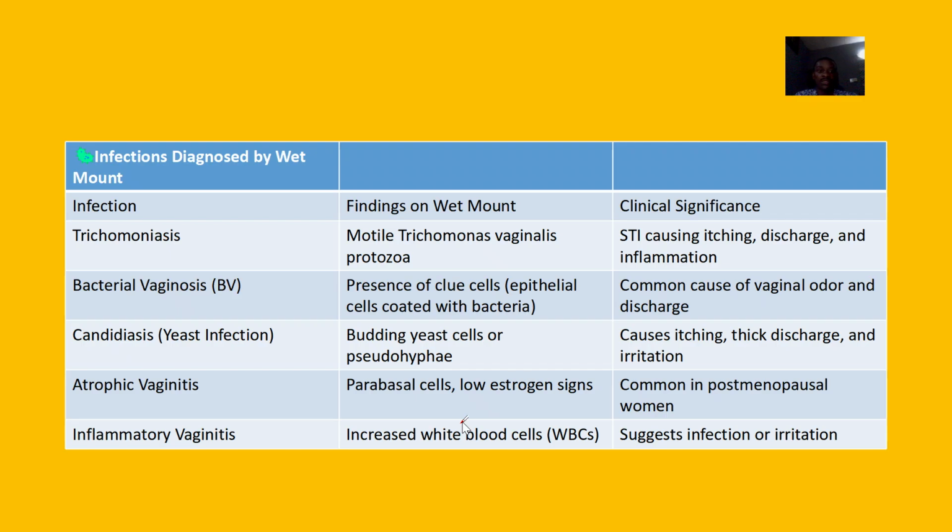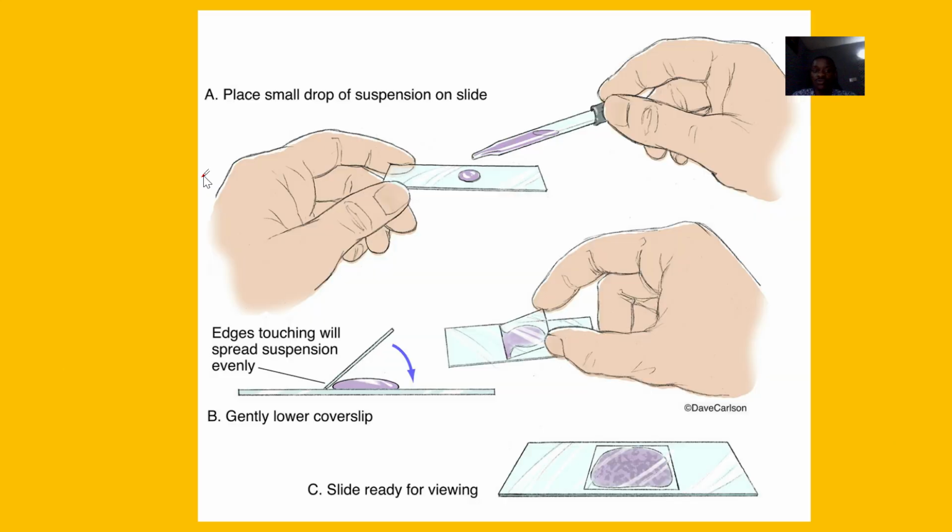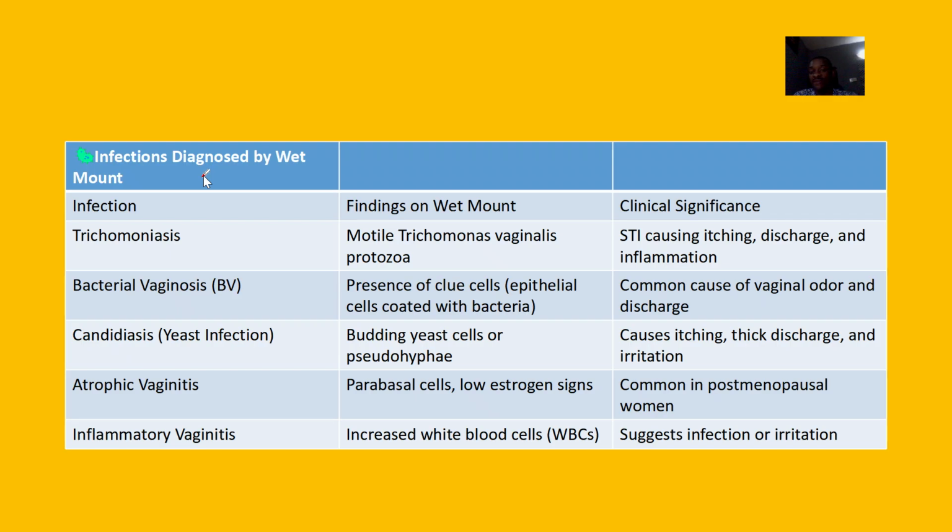So infections that could be diagnosed with wet mounts include things like trichomoniasis, bacterial vaginosis, candidiasis, atrophic vaginitis, inflammatory vaginitis. Now all of them, you could actually pause this video to check out the findings you possibly see